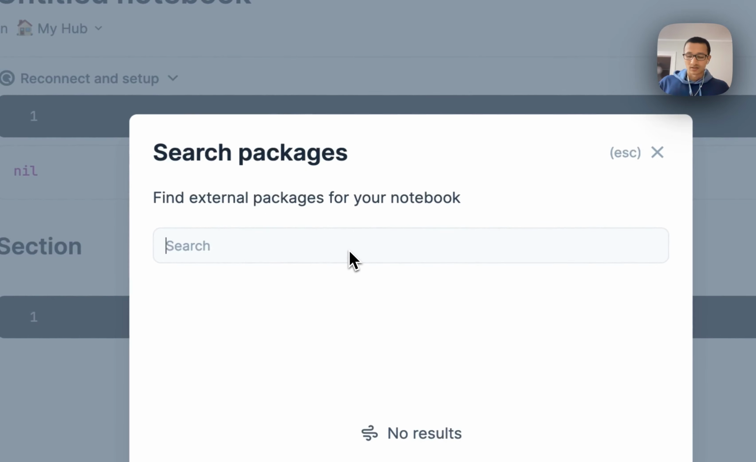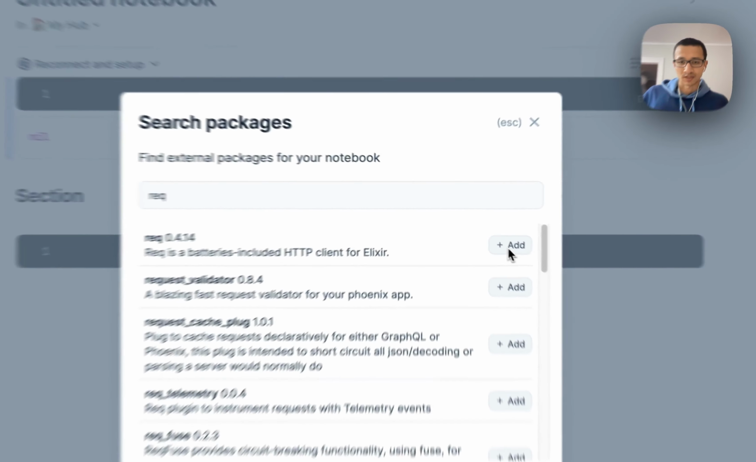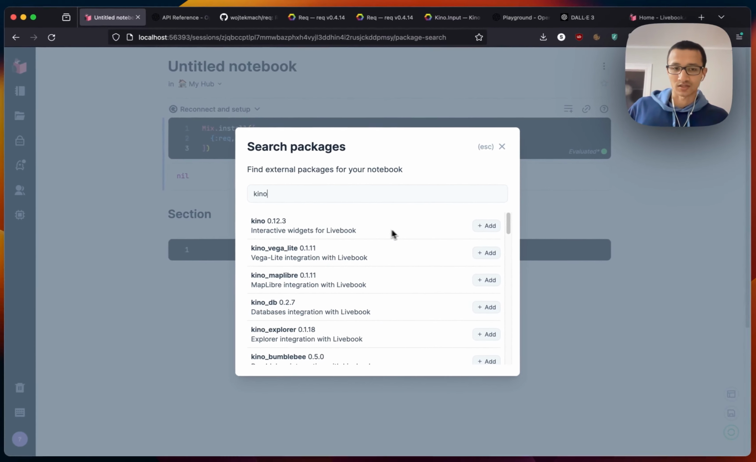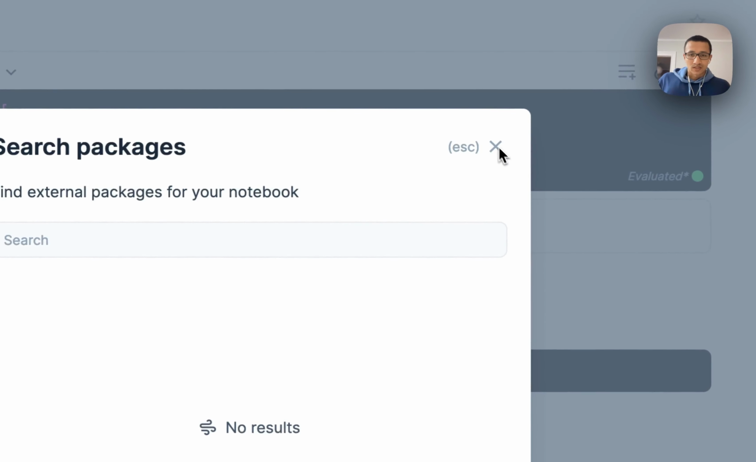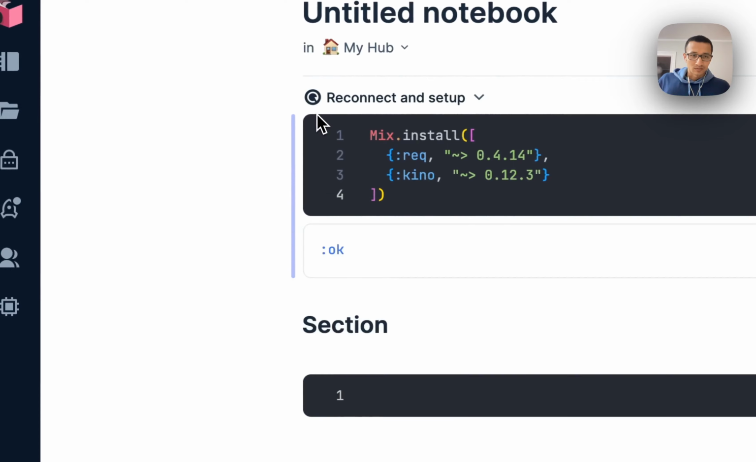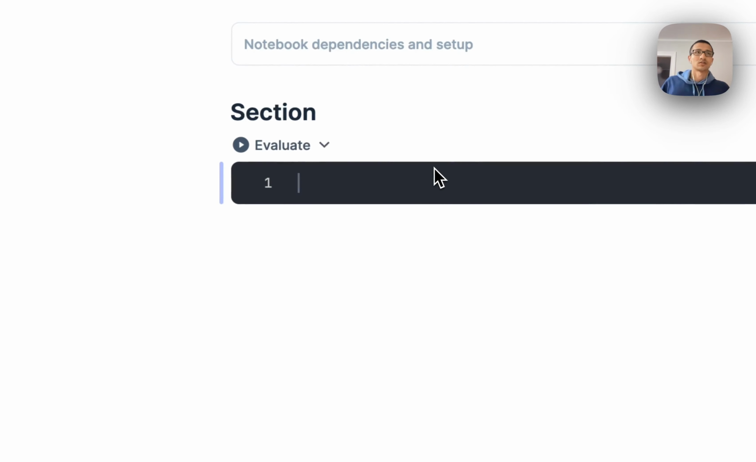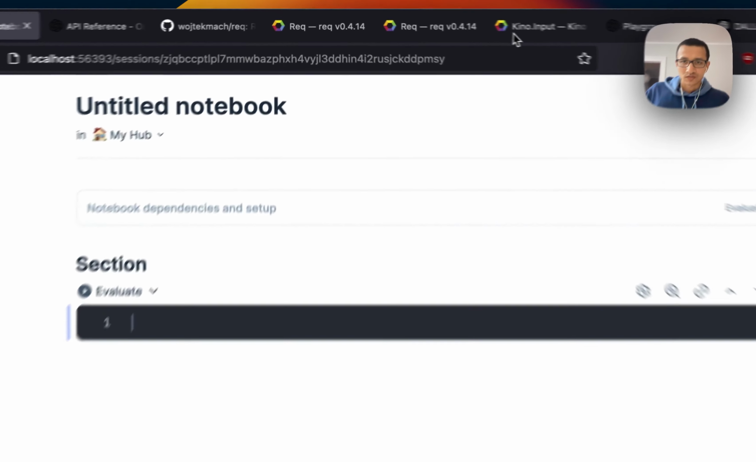I'll just add some dependencies. We'll use the Req HTTP client and a library called Kino, which provides interactive widgets for Livebook. So we'll add these two. We'll just pull these dependencies, and basically what we need to do is we'll have a form which takes the prompt for DALLE-3. So to use a form,